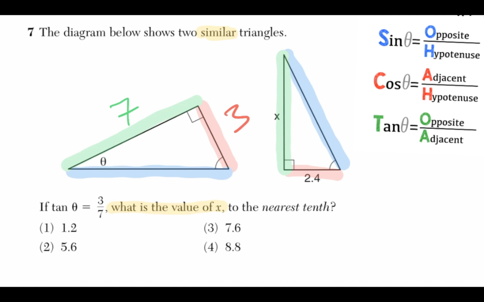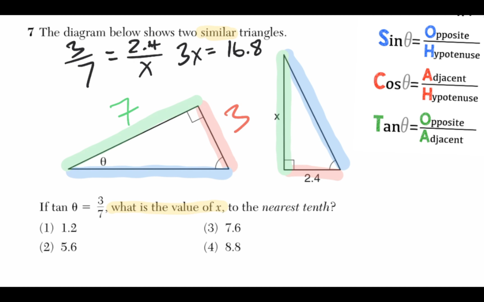And now we need to set up this proportion. So it's going to be 3/7 equals what over what? Well, I know that if it's going to be red over green equals red over green, it's going to be 2.4, the short side, over the adjacent side, which is simply x. Beautiful. All right. And so when we cross multiply, we're going to get 3x equals 7 times 2.4, which gives us